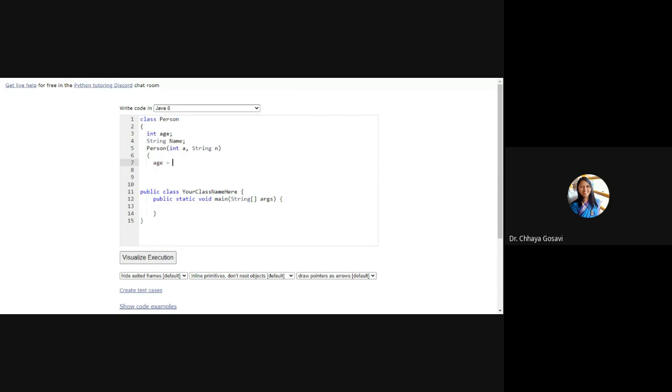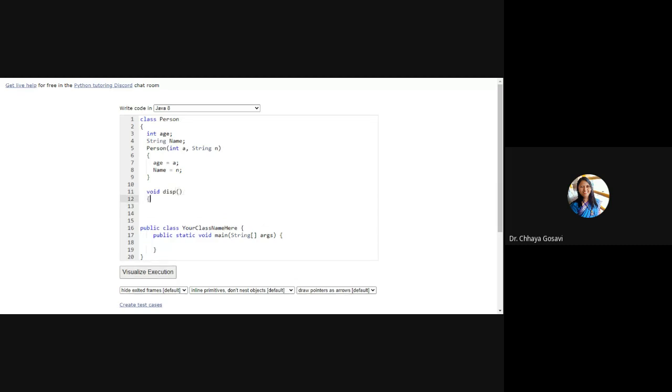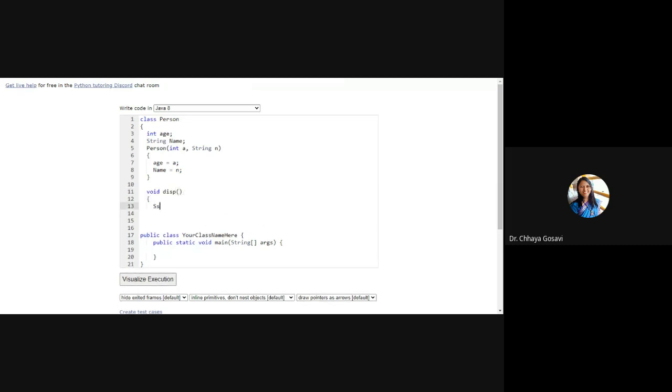Age is equal to a and name is equal to n. And then I'll write a display function which will display the name and age of a person. You can write an accept function to accept name and age from the user.